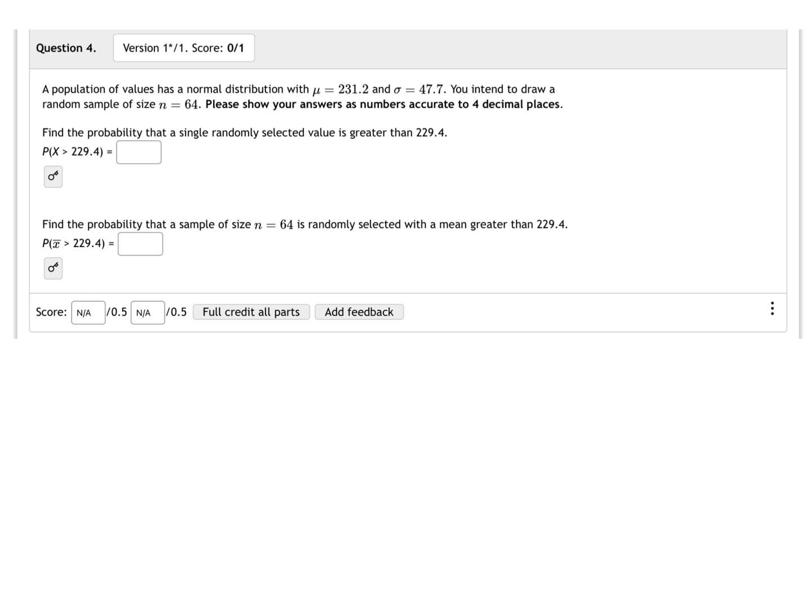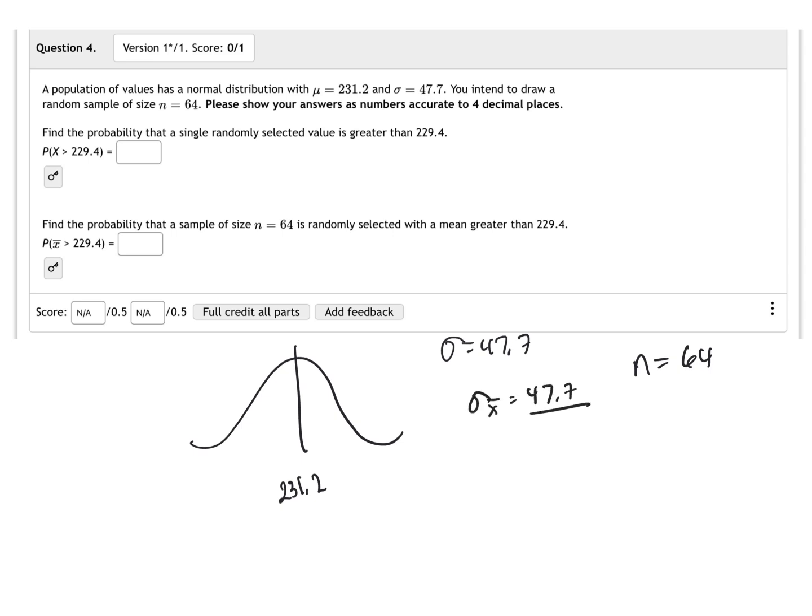All right. Population has a normal distribution with 231.2 and a standard deviation of 47.7. You intend to draw a random sample of 64, which changes our standard deviation of the sampling distribution. We would divide by the square root of 64, so we divide both sides by 8, this by 8. Which would be